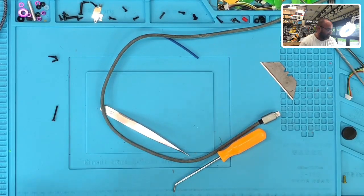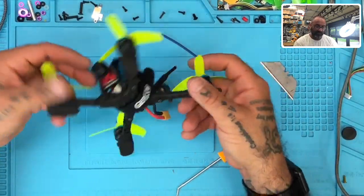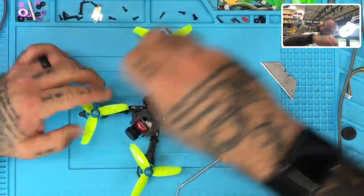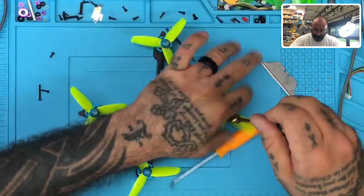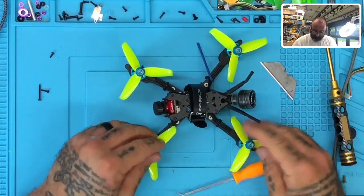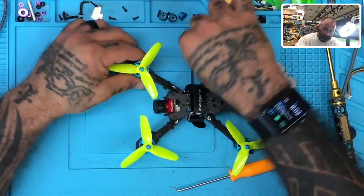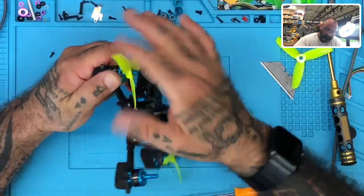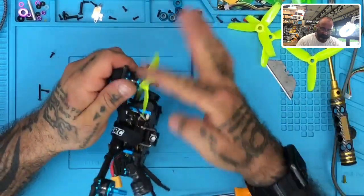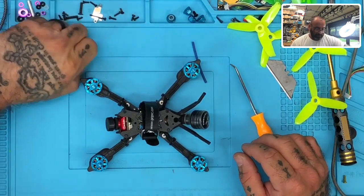Put that over here. Now let's check out drone number 2. Here's drone number 2. What do we have going on with this one? Well, let's go ahead and see. Oh, he's got HGLRC motors on here. All right, great. First thing we'll do then is we'll take the props off. Okay, props are off. That's good. Let's put all our screws here aside. Okay, now,